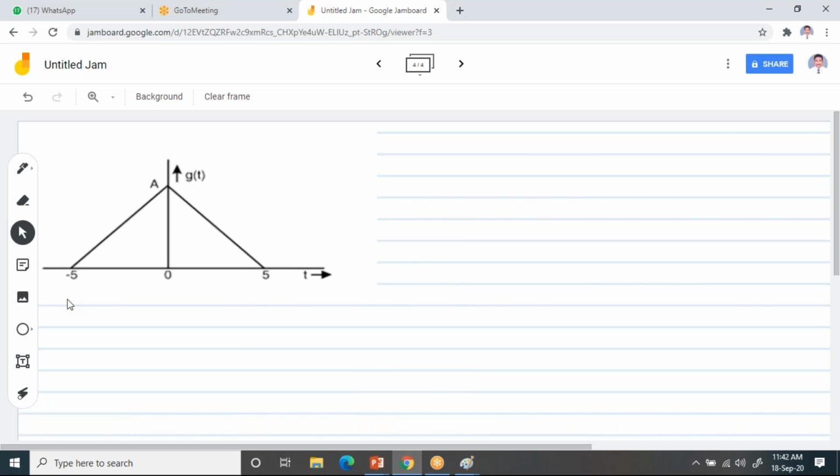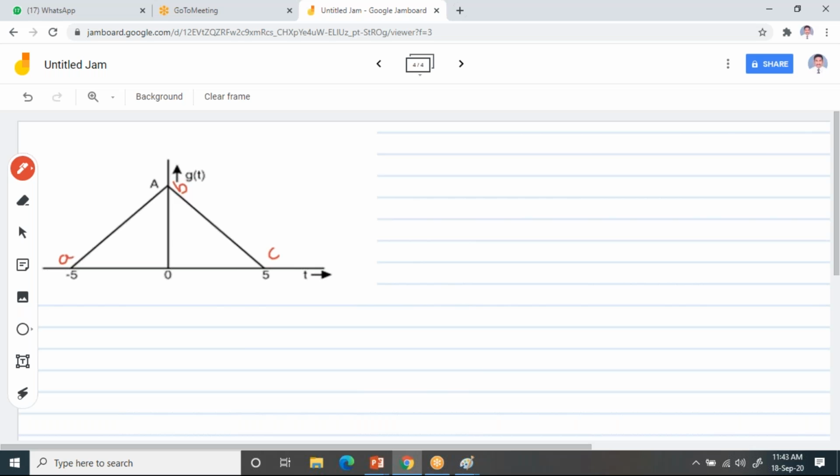I am going to represent these coordinates with variables. I'm going to represent the points as small a, small b, and small c. Now for this AB you have a line, and for BC you have another line. Now you need to write the equation of the line AB, and similarly the equation of the line BC. But these two lines are not passing through the origin. So please try to understand.